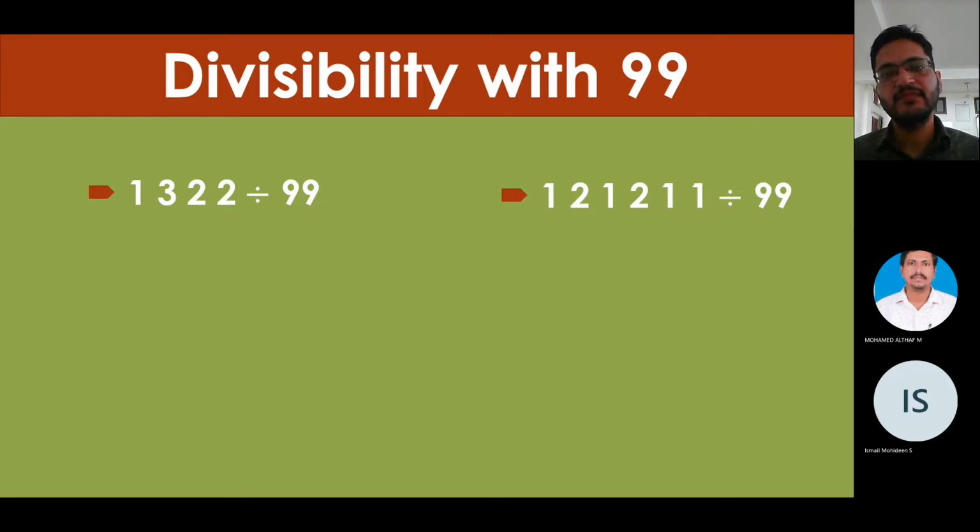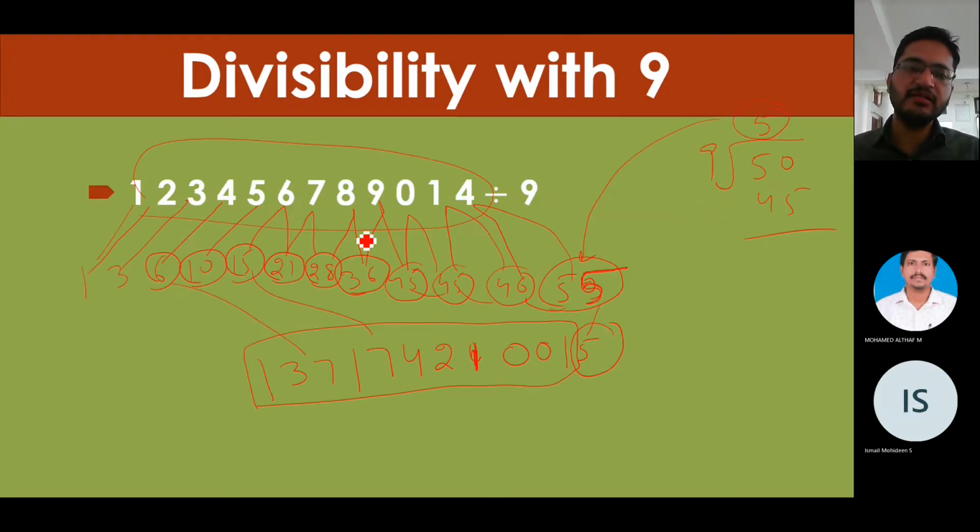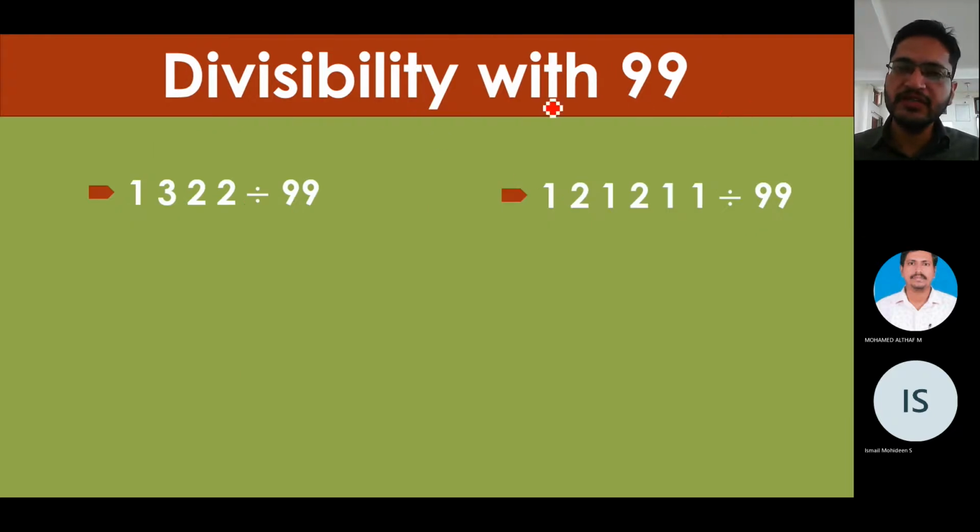Now next we will do the divisibility rule with 99. It is almost same, but in the last method when we divide any number with 9, we can say that we make a pair of 1 digit, because here it is a 1 9. Now because here we have 2 9s, so we will make a pair of 2 numbers starting from the last. So 2 pairs. Now here we will write pair as it is, and we will add pair in next pair.